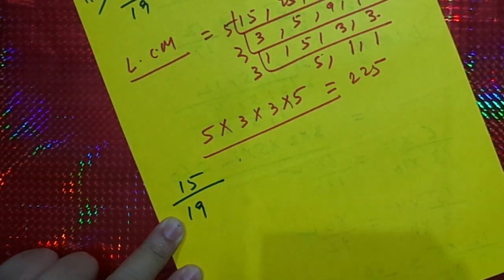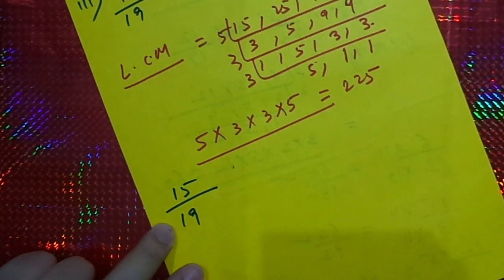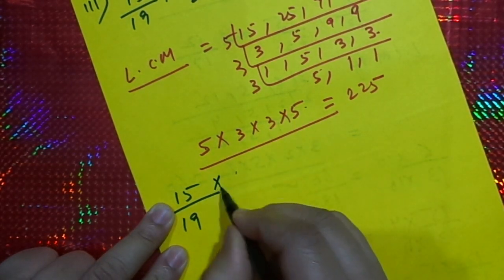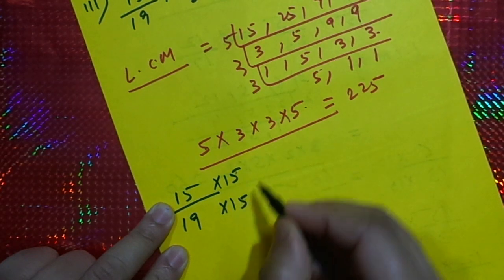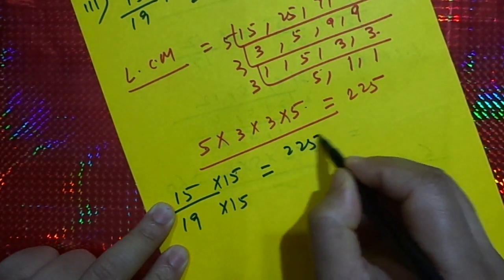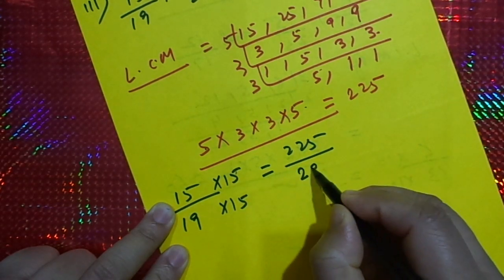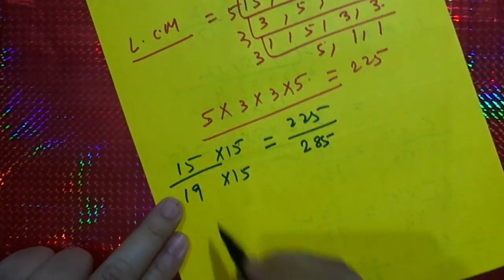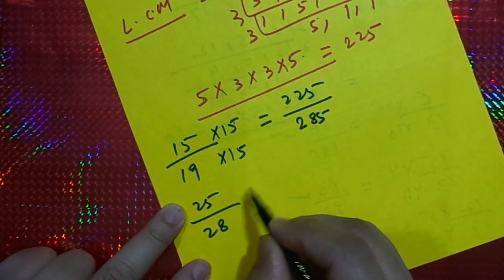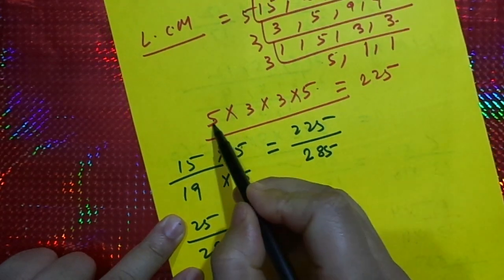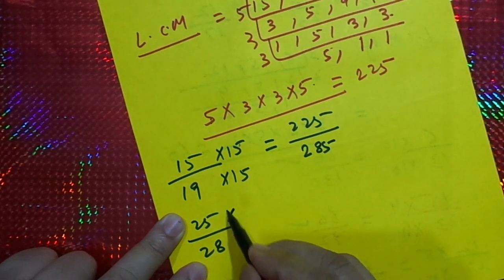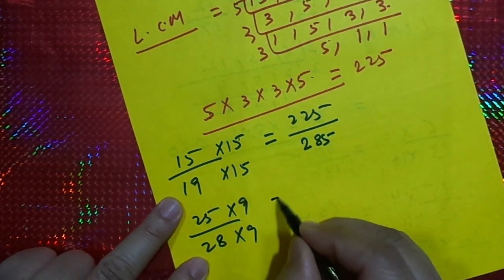Like 15 by 19. Remove 15 from here. 5 3s are 15. So 15 remains, and you are going to multiply the numerator and the denominator by 15. So you will get 225 by 285. Similarly, in 25 by 28, I find that if I remove 25 from here, 5 5s are 25, 3 3s are 9 remains. So I will multiply by 9, and I will get